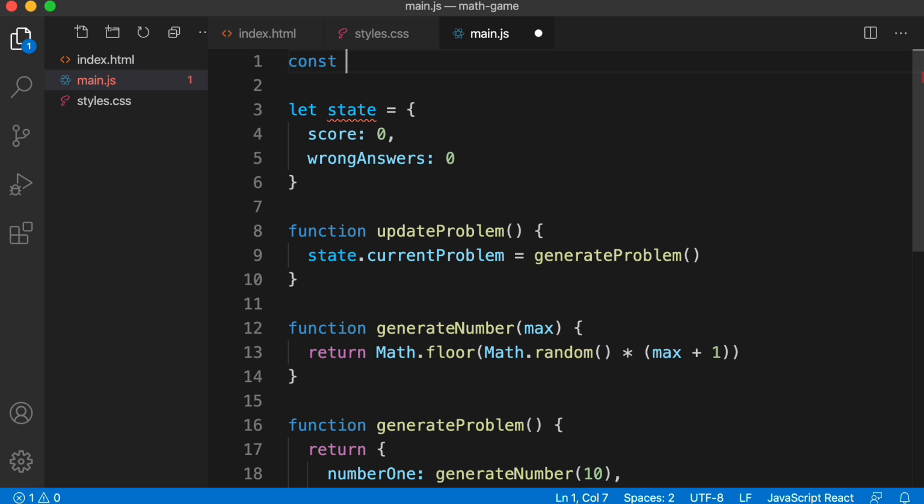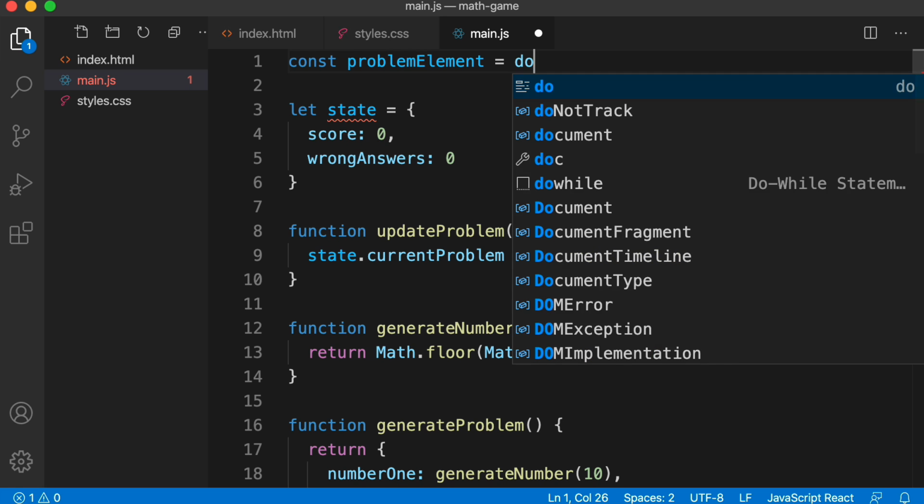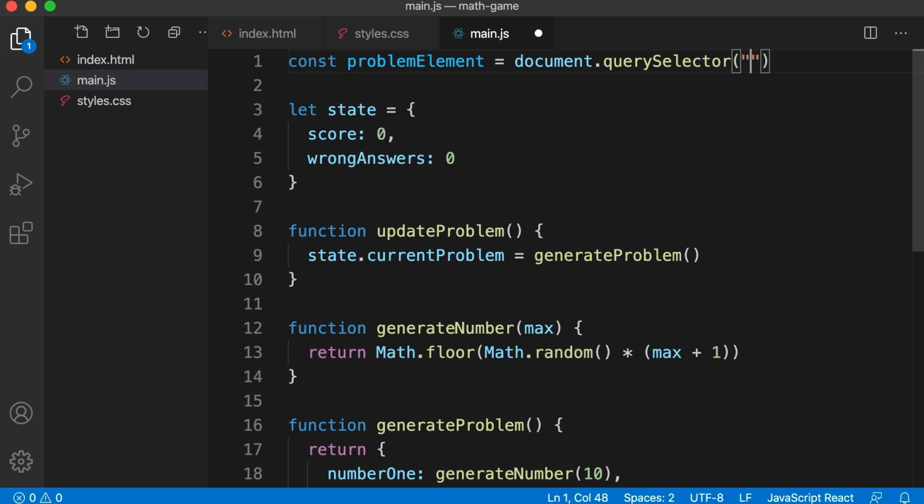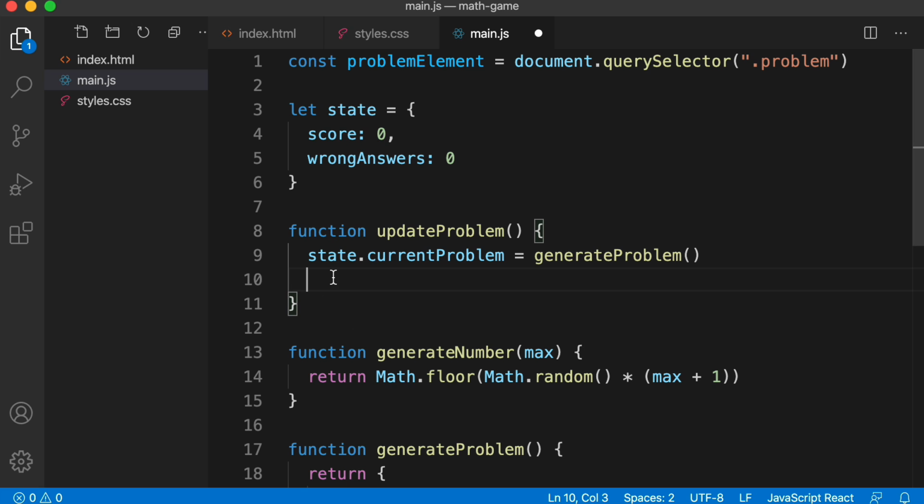So I'll say const problem element equals document.querySelector, and then we just give it a CSS-like selector. So quotes, dot for a class, and we give it a class of problem. Okay, so now we can access that HTML element with this problem element. So in this function, below this line, let's just say problem element dot inner HTML should equal, and then you